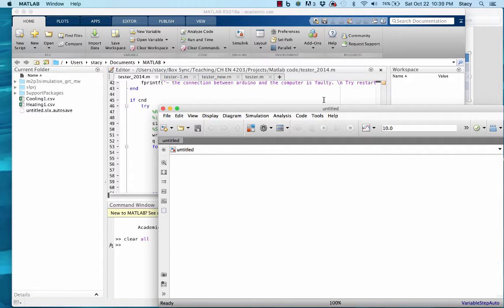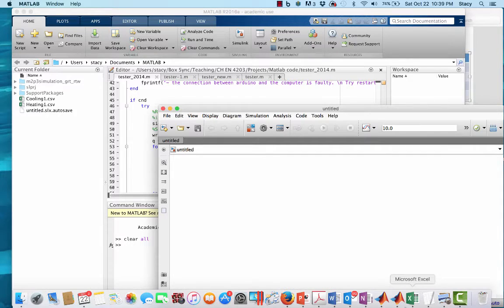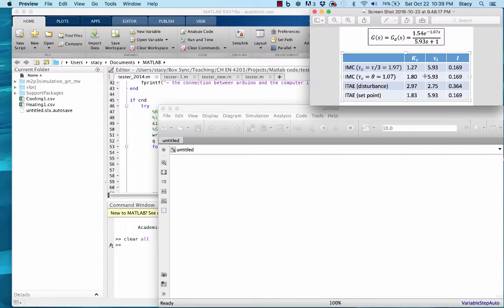So in this screencast, I'm going to go through an example to show you how to use Simulink. The example that I'm using comes from Process Dynamics and Control by Seaborg, Edgar, Mellichamp, and Doyle, the third edition. So what I'm going to do is bring up our viewer of our